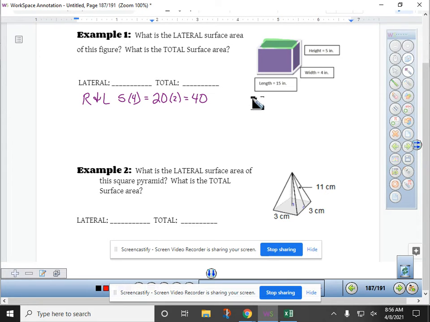And then this one. You see this right here? This is the front. And guess what the other one's called? The back. The front and the back. What are the dimensions of the front? 15 and 5. Just watch, don't write. And what does that equal? 75. That's for the front. But wait, there's more. Times 2 gives us